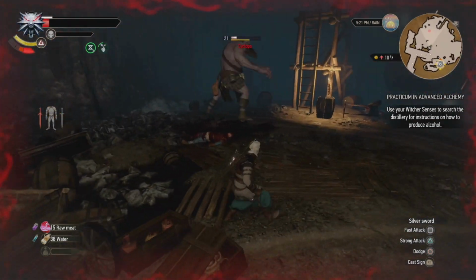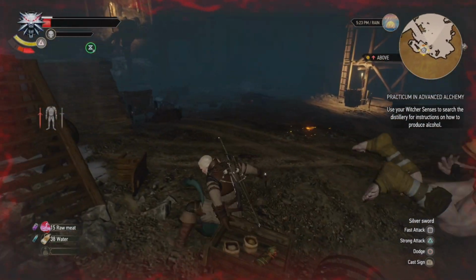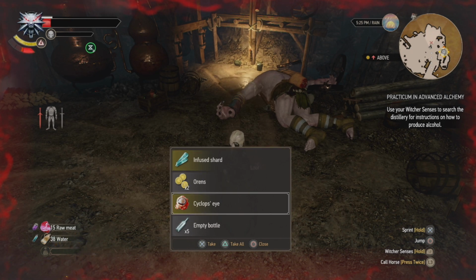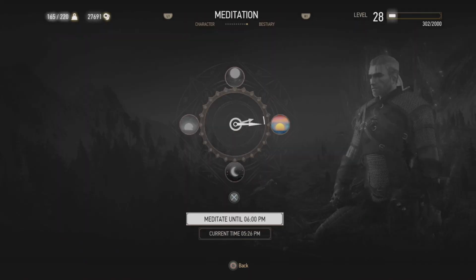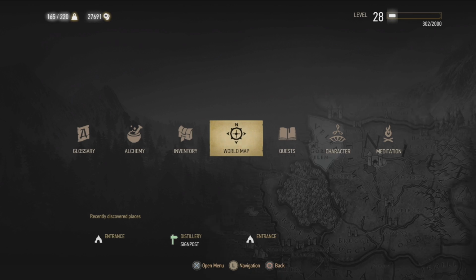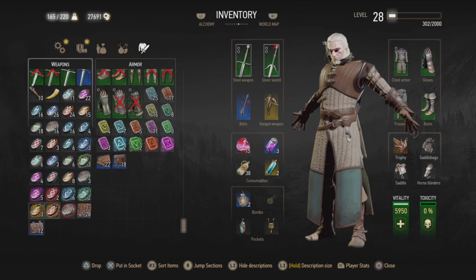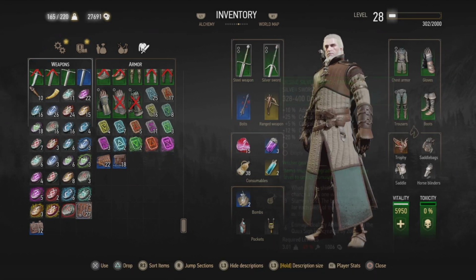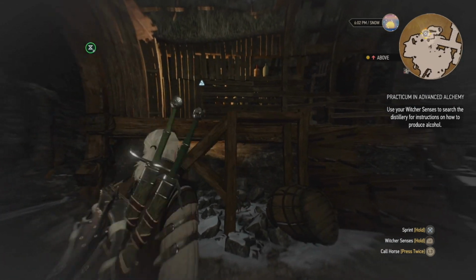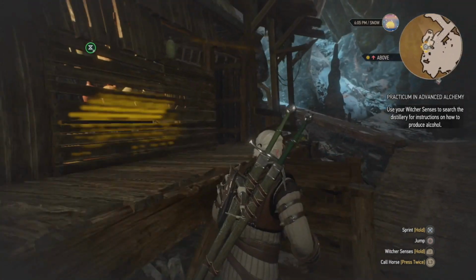That charge attack really hurt. Cyclops won't bother me anymore. Can look around peacefully now. Infused shard, Orin, Cyclops eye, empty bottle. Alright. Well, let's meditate because, ow, I got really sloppy there. Let's also take a moment to repair our silver sword. Well, it's sending me... The objective marker's up here somewhere, so...